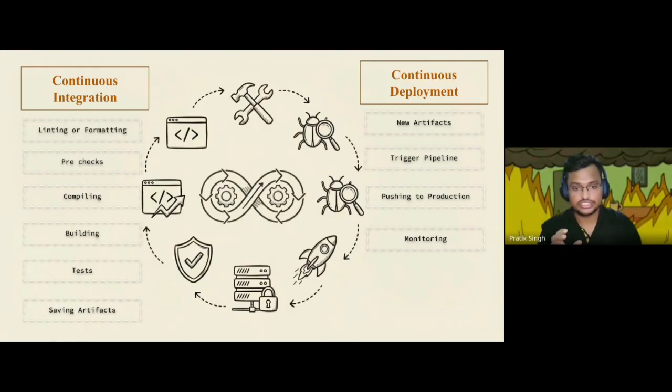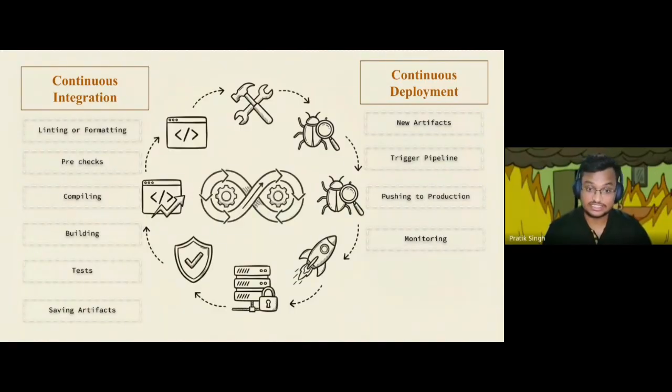What I'm trying to say is that you can have code written which is logically correct. 2 plus 2 can be equal to 4. But the question was never about 2 plus 2. You have written the right code, but that is not what it wanted to do. Then how do you check it? You can't just compile and check it. You have to build the executable, run it somewhere, and then see whether it is working or not. So this is the part of the building process where we build the executables, the binaries, which can be installed on some system and tested out.